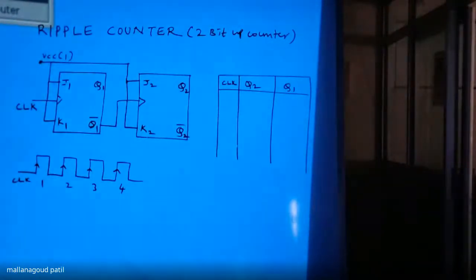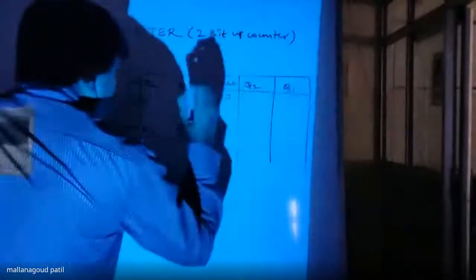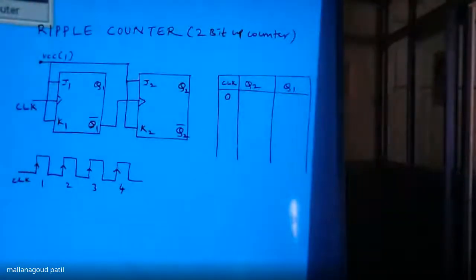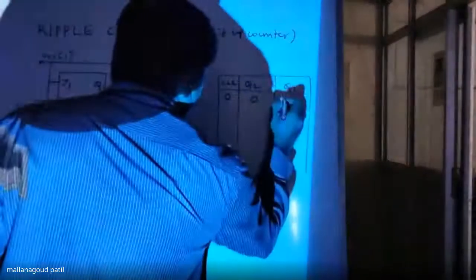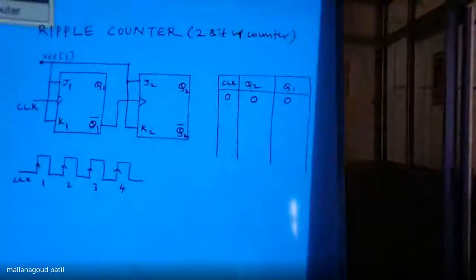Before starting, I have clock 0. What do I mean by clock 0? Clock is not given. The flip-flops are reset. What should be Q1 and Q2? 0, 0. Flip-flops are reset with no clock given. Then Q2 is 0 and Q1 is 0. This is the initial, assumed case. It is not compulsory that it is always like this. If you want it different, you can use preset or clear to change it. That is possible.